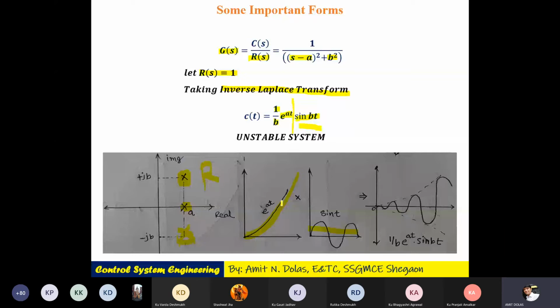So the first signal is e^(at), it is moving towards infinity. Another is marginally stable, or we can say bounded. This is unbounded, I will write UB here, and this is a bounded signal, a sinusoidal signal. But if you take the product of these two, of course, one quantity is moving towards infinity, so the second will also move towards infinity. So the signal 1/b into e^(at) into sin bt will start from 0, because here it is 0 multiplied by whatever the value of the sine wave is at 0, it will be 0.